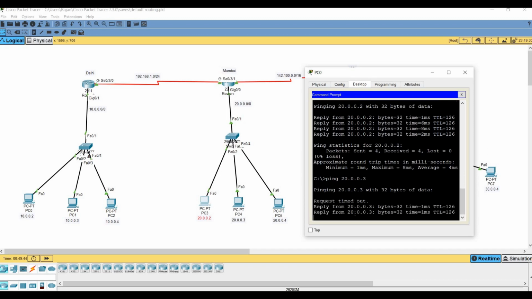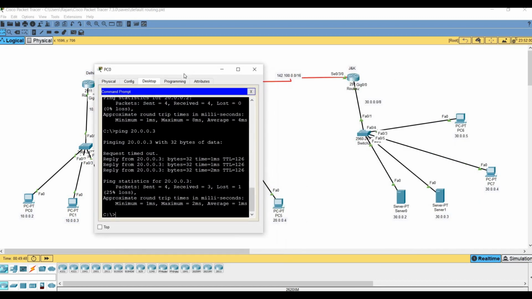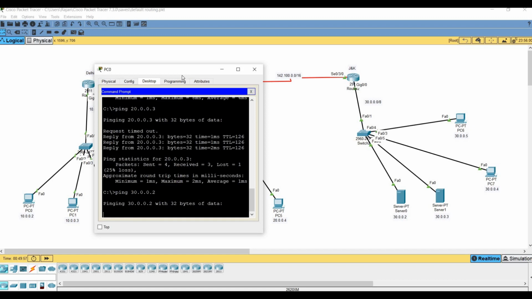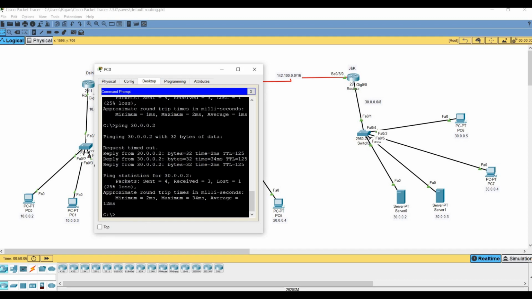It is also pingable. Let's ping the 30 network. Here you can see now we can ping easily from one location to another with the help of static routing.